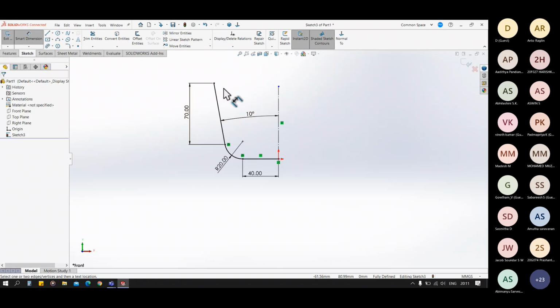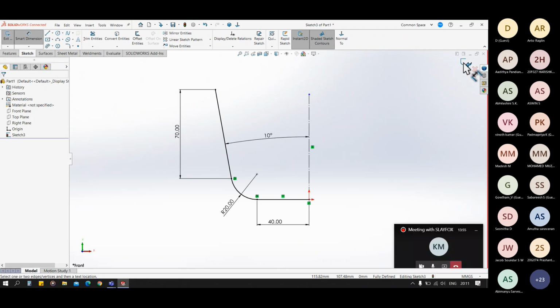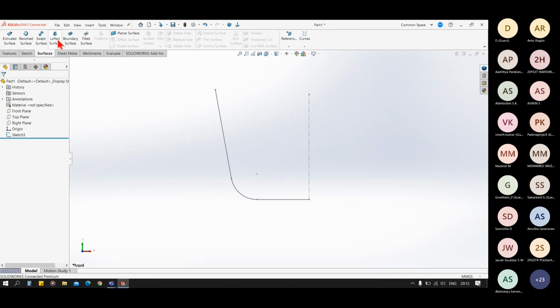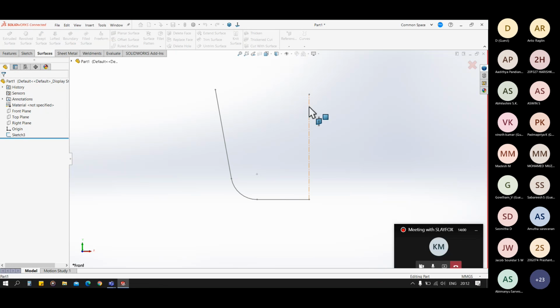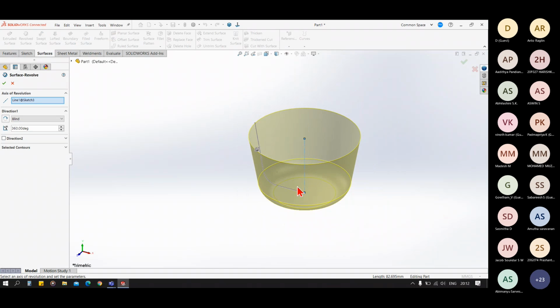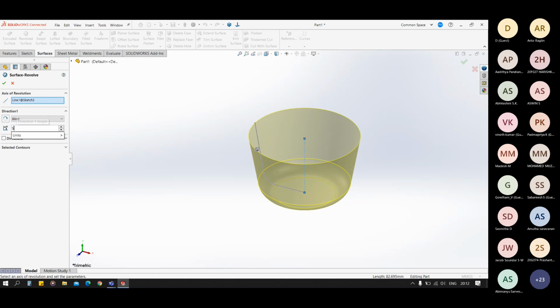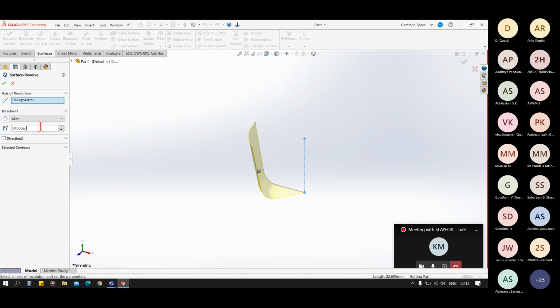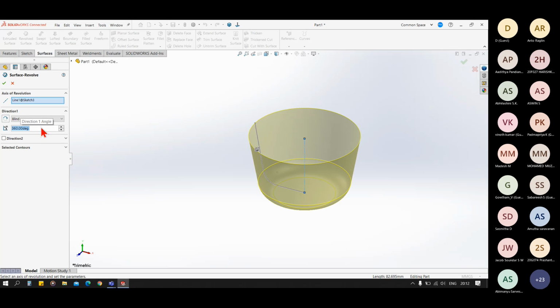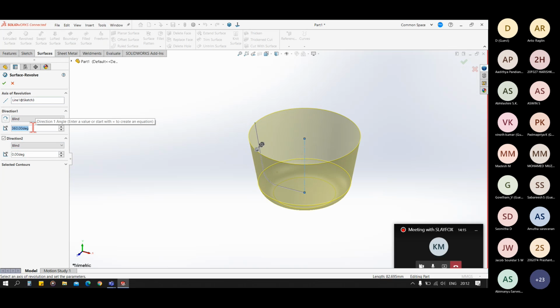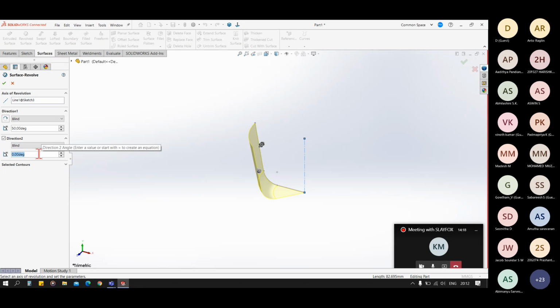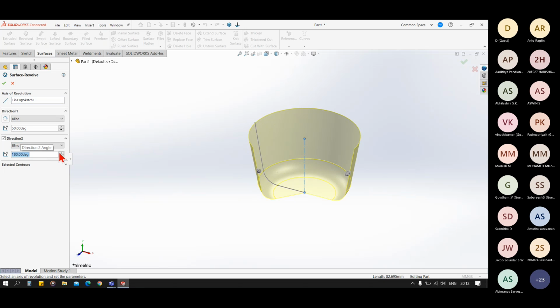So for revolved surface, I have this sketch, and in the revolved surface, I have to select the axis of rotation. I can rotate it using different degrees, and also use 360 degrees. I can also use direction 2. If I use direction 2, you can see it will create in the other direction also.